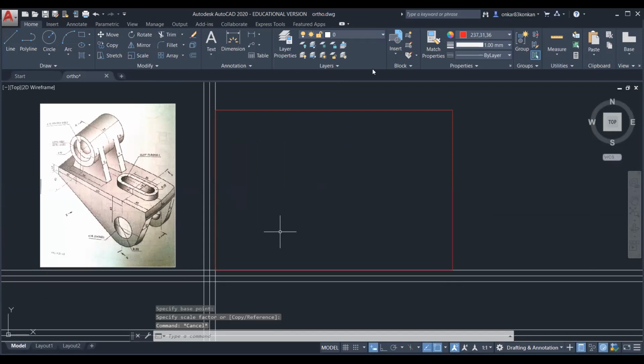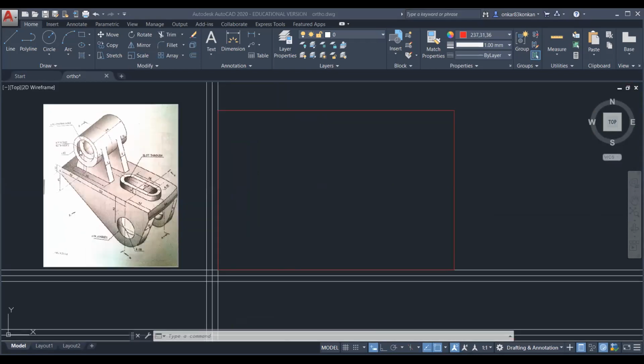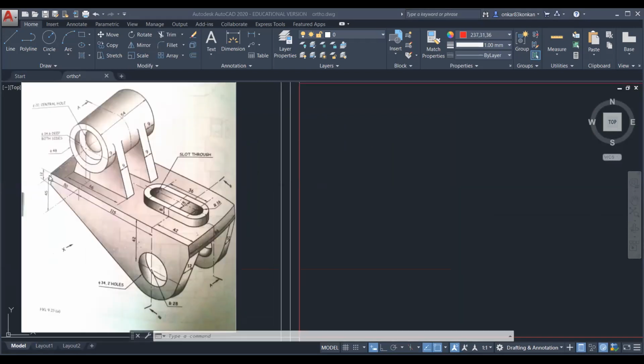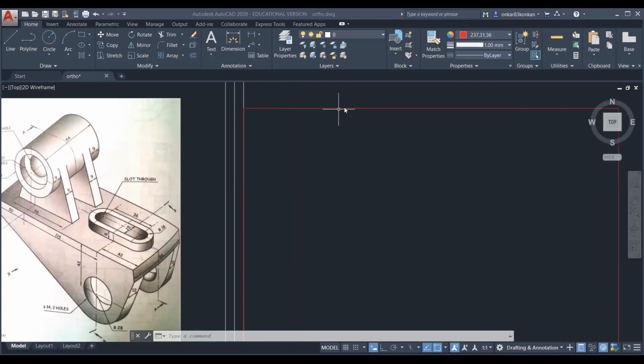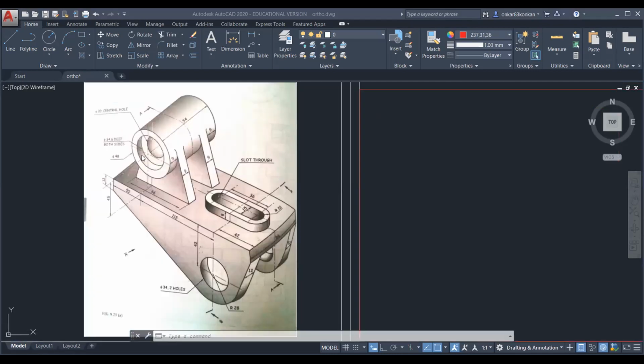Okay, so now to start the drawing. You can draw two concentric circles. Its position from this corner point is 50 mm, and from this line, that is the rectangle reference line, its distance is 24.